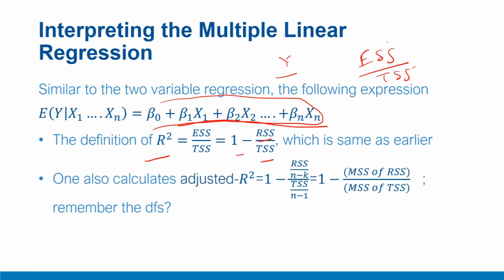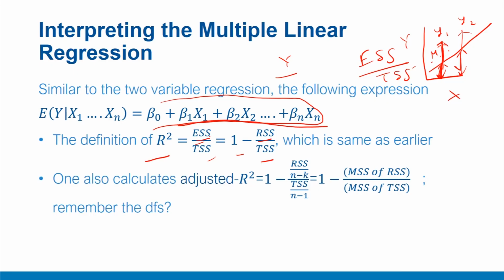Let me give you a little bit of background on this. Recall that the values of y on the xy axis are provided like this, and this is your fitted line. So let's say this is yi, then this is the total gap. Sum of squares of these total yi's will be the total sum of squares. However, this much part is explained. This much part is the explained part. So the squares of these distances would be the explained sum of squares, and this is the unexplained part. These are the error terms. So this is the unexplained or residual sum of squares.